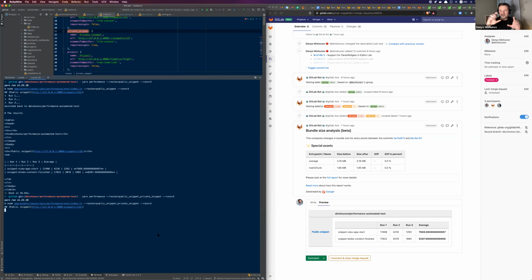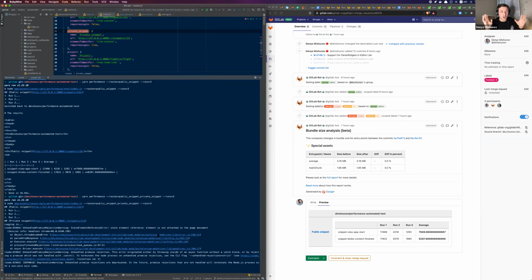But getting back to that switch of the branches. The first run on the new branch will always take an enormous amount of time. So what this script does, it still loads that first run and then discards those results. It just preheats the cache. So technically, these runs are going to be